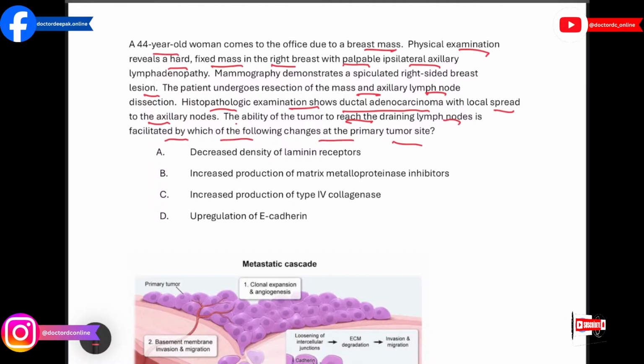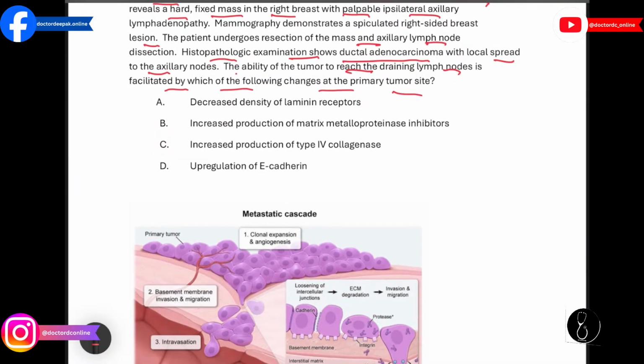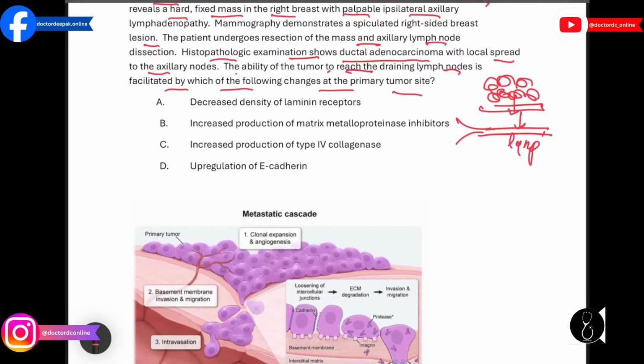tumor sites. Now, the main question you have to think about is breast cancer. It's the main thing they are asking: the ability of the tumor to reach the lymph node. This basement membrane, it's a cancer cells, and these are lymph nodes. So which thing are the cancer cells doing? They cross the basement membrane and enter into lymph vessels. Fine. So that thing you have been told already, we did discuss it for the basement membrane,